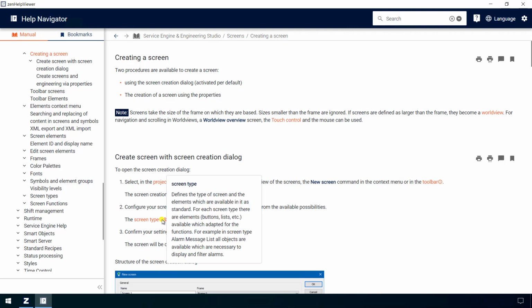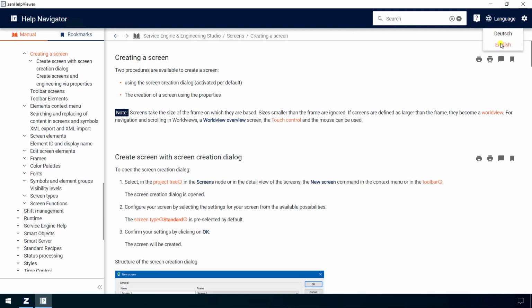As of now, the Xenon Help is available in German and English. It will be available in French and Italian as well in fall 2022. The property help is also available in Japanese and Korean. For example, if I set Korean as Engineering Studio language in the Startup tool, the property help will be shown in that language. However, note that this only applies to the property help. The general help will still be in English.